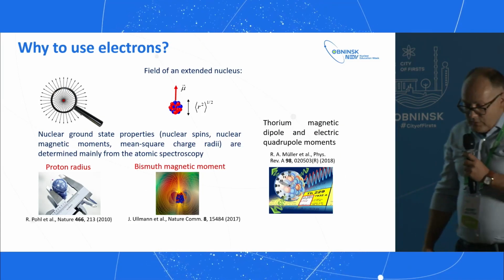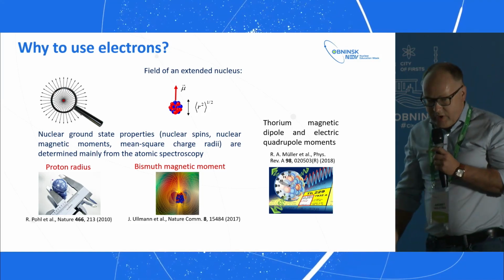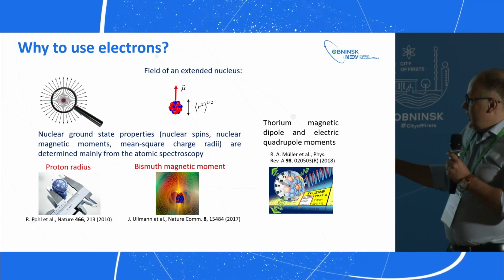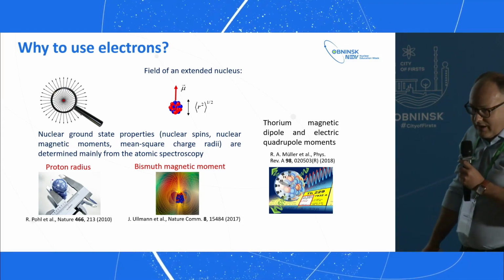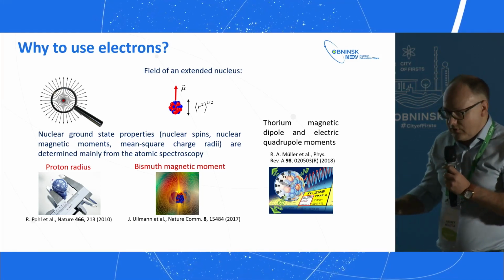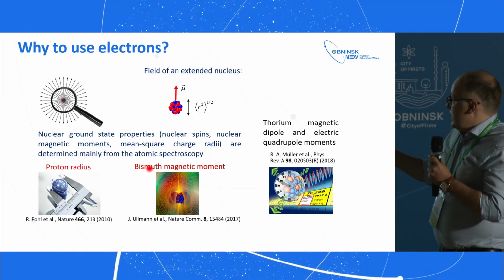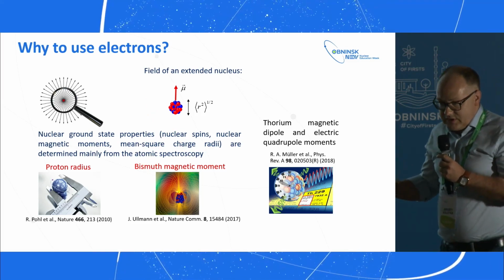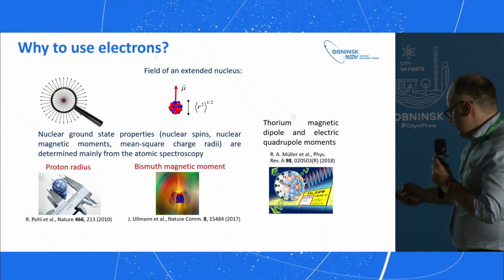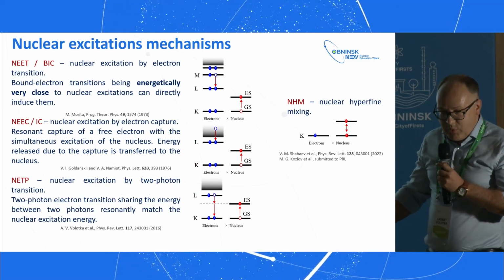So why would we like to make the nuclear excitation by electrons? Since actually a lot of nuclear parameters were delivered to us by electrons or muons. For example, the proton radius is known from hydrogen and from muonic hydrogen. So the instrument with which we probe the nucleus is actually the electrons and the muons. Also, the magnetic moments and various other moments, or electric quadrupole moments, of the nucleus are known from muon or from electronic spectroscopy. And therefore, we can think that we can also use the electron to manipulate or to control